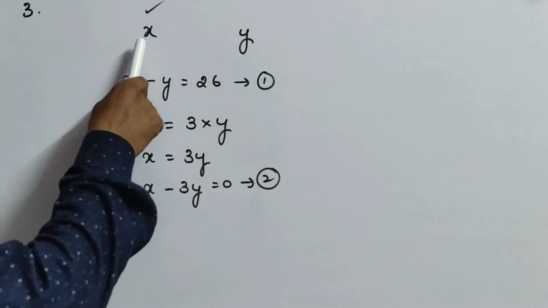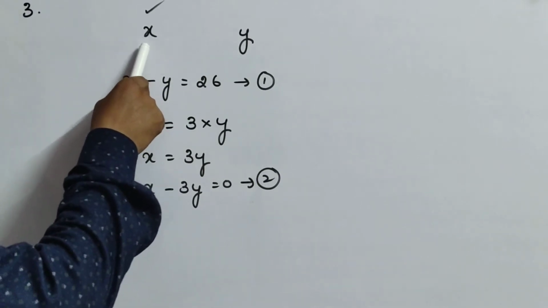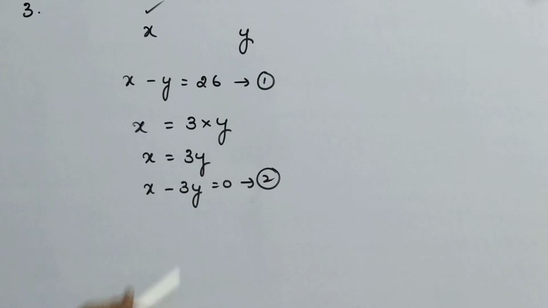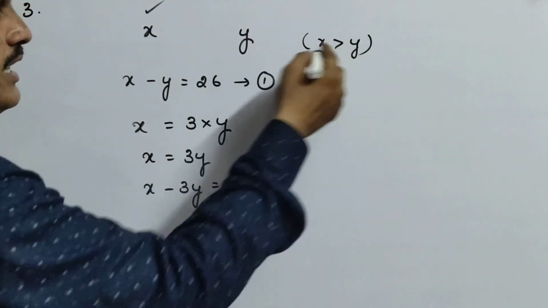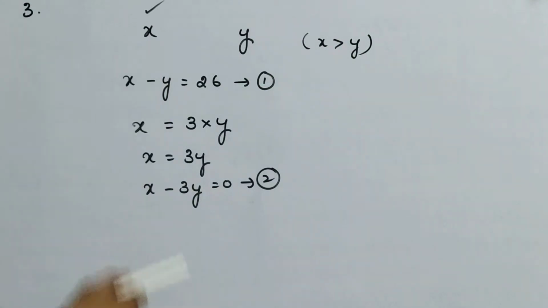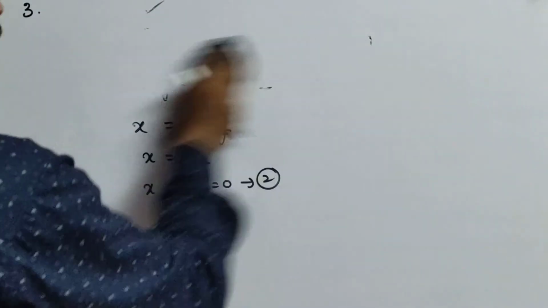Here you can consider the two numbers to be x and y, and write if possible x greater than y. That means x is the larger number. So by this we can solve the first question. Now coming to the next question, children. Sorry, in the third Roman only, second question.